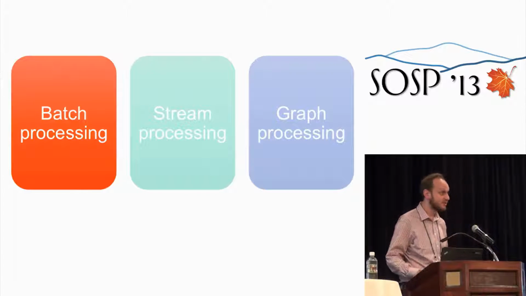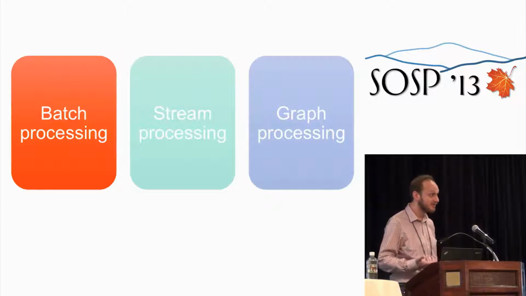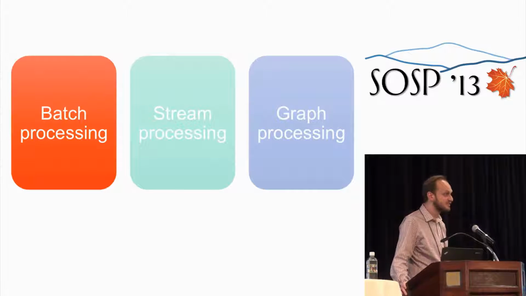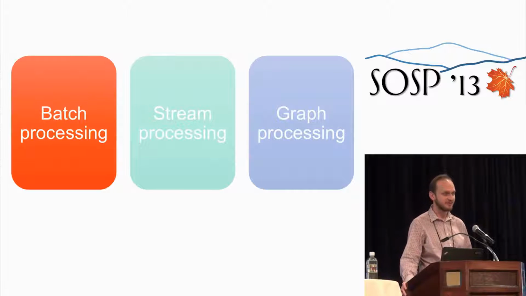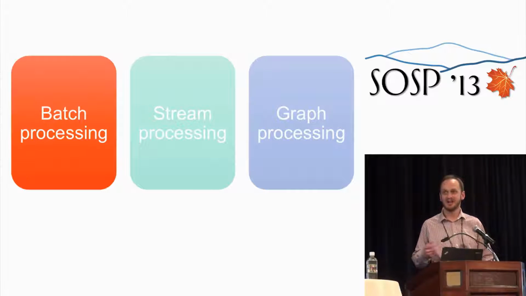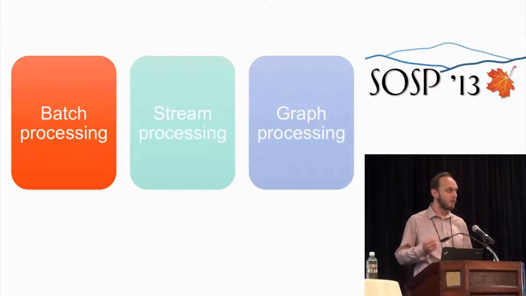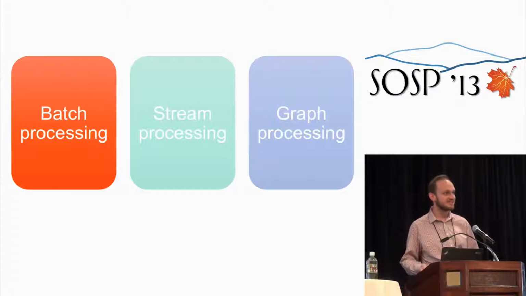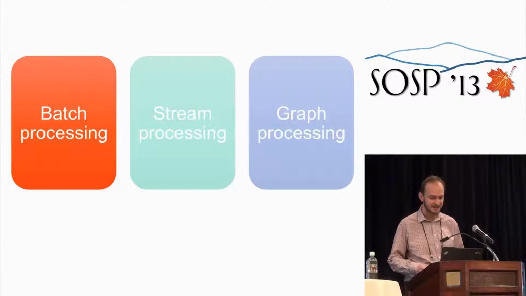We heard in the last talk how a batch system, Spark, can deliver sub-second latency for many streaming workloads. But what if, say, you wanted to feed your stream into a graph processing algorithm, or combine the results of a graph-based machine learning algorithm with the results of a batch job? We've seen over the years that batch systems are inadequate for this task, and this is why so many specialized systems have bloomed in this community and others.